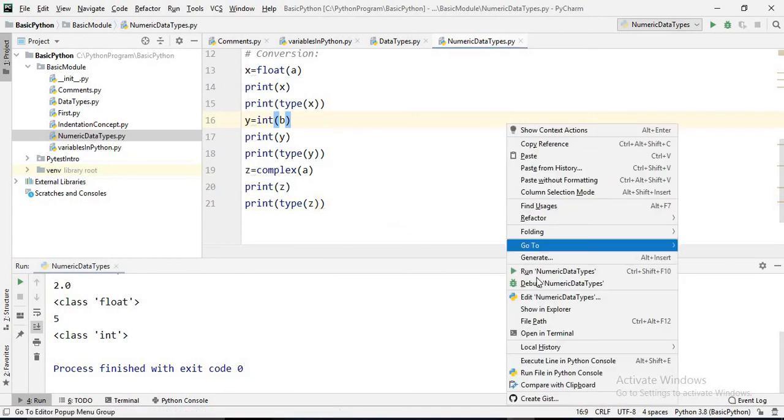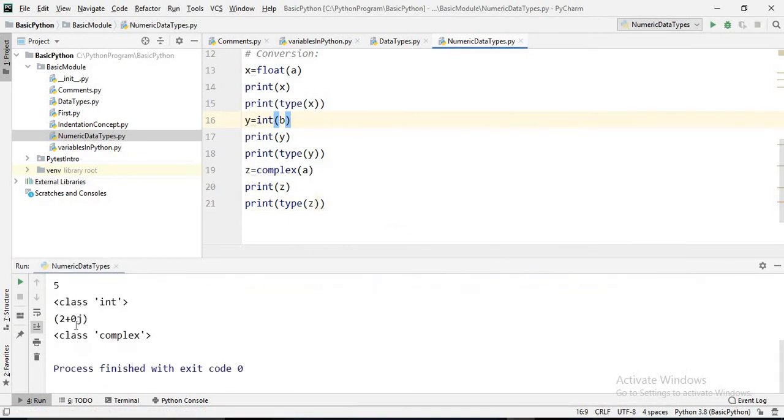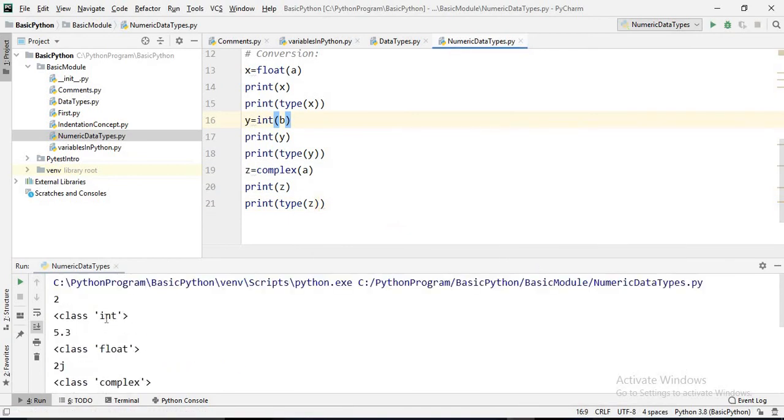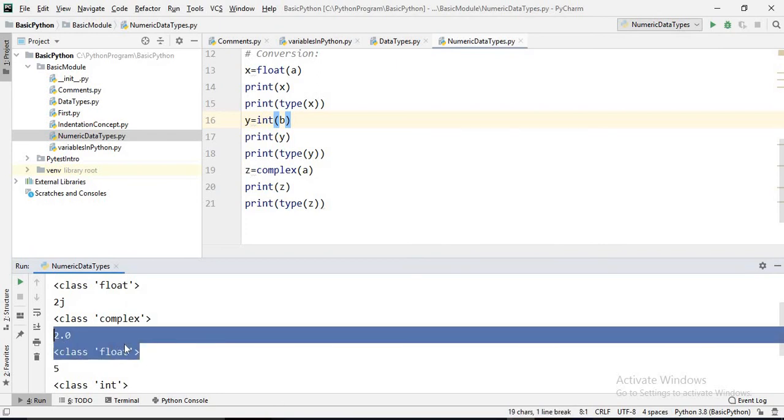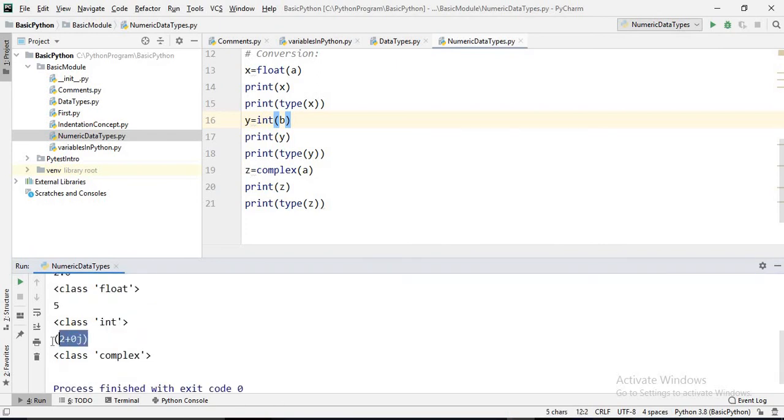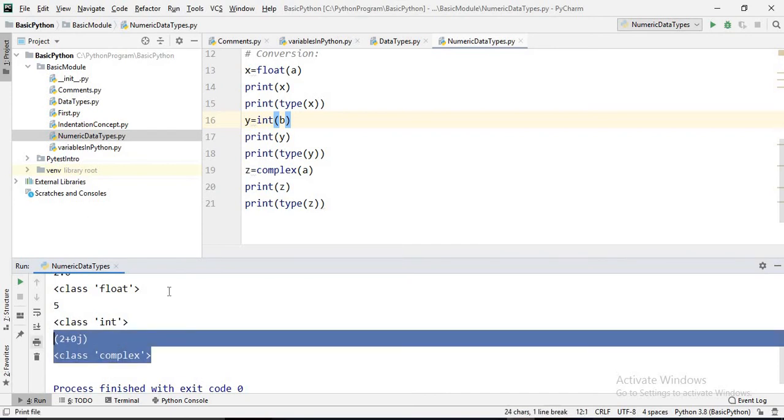Execute this one. See, 2 was an integer, and we have converted 2 into a complex number, 2 plus 0j. So in this way we can convert.